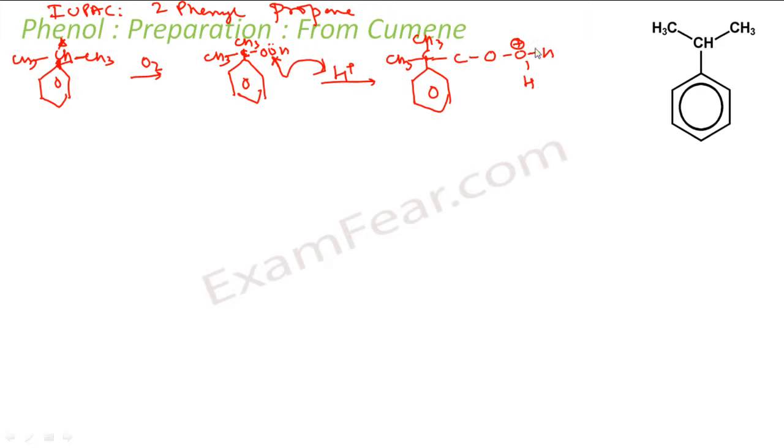So what will happen is, this will leave, and at the same time, this carbon, instead of forming a bond with this, will form a new bond with this oxygen. Please understand, H2O plus is a good leaving group, but if it leaves and the oxygen gets a positive charge, that is not good. Oxygen is an electronegative element and it doesn't want a positive charge. So this carbon will form a bond with this oxygen, and this H2O will go off. So with this, the product you will get is